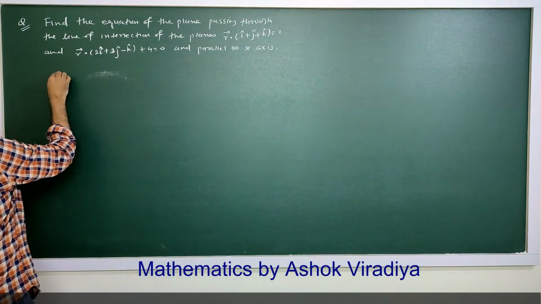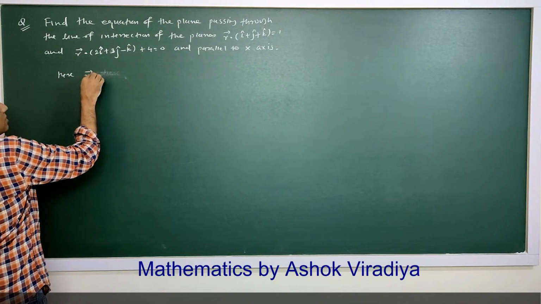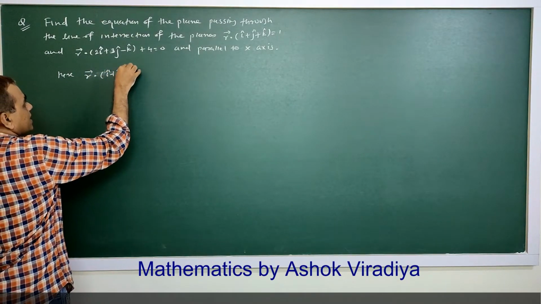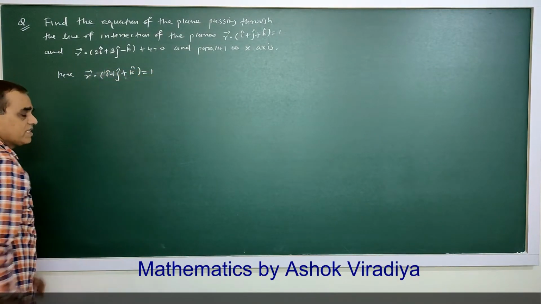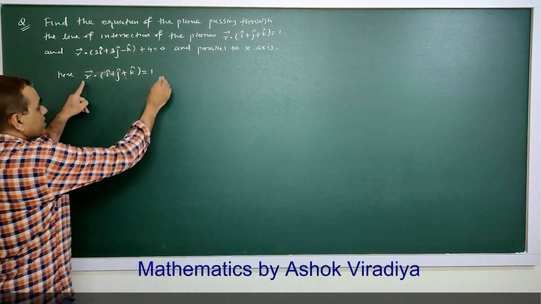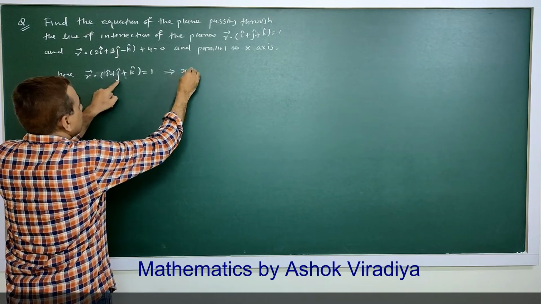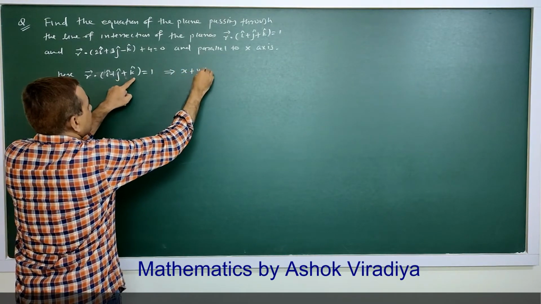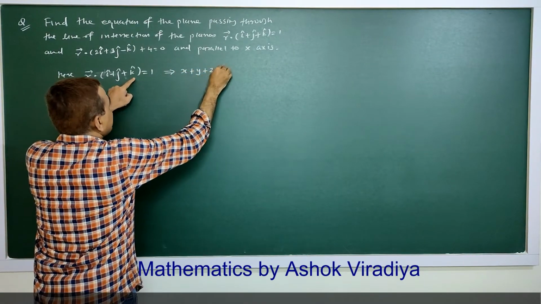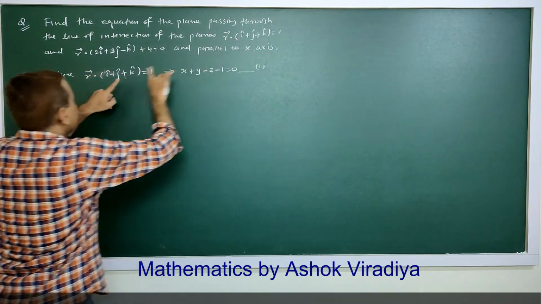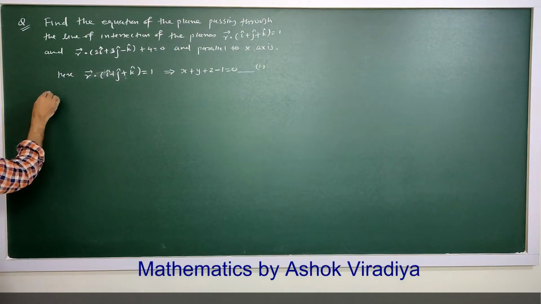Vector r dot (i + j + k) equal to 1. This equation in Cartesian form can be written as 1x + 1y + 1z - 1 = 0. This is the given equation in Cartesian form. And